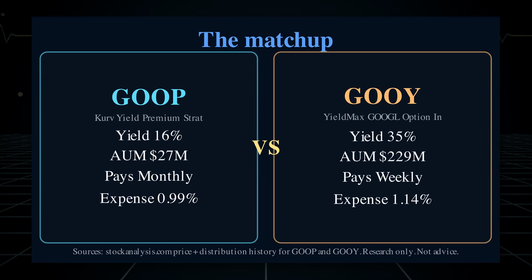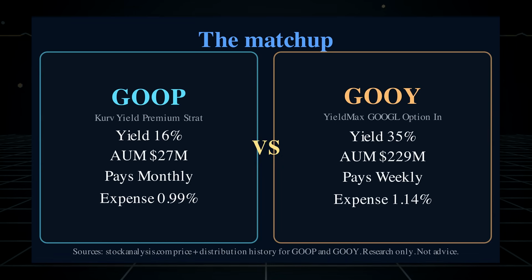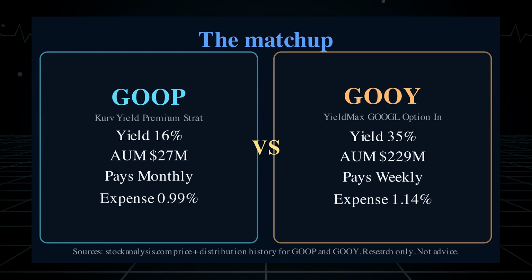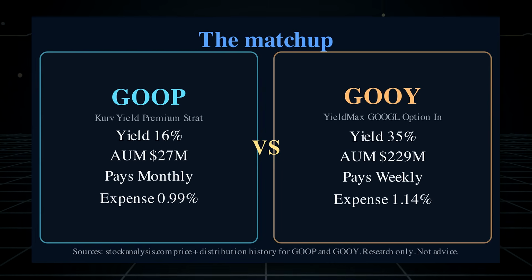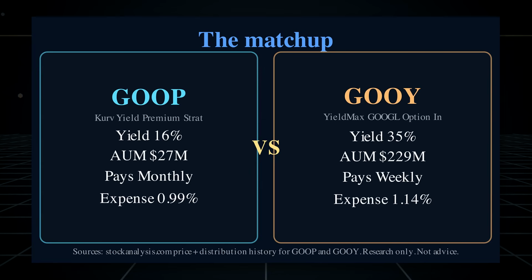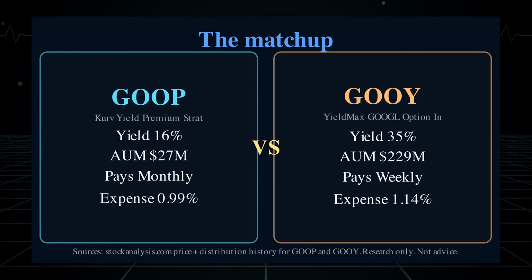GOOY makes the same central trade as GOOP. Current option income in exchange for surrendering some potential upside. A strong Google rally can run beyond the ceiling created by the written calls. A sharp Google decline can be larger than the premium collected. And because the exposure is synthetic, a viewer should not mistake a Treasury-heavy holdings page for a sleepy government bond fund. The government paper is backstage collateral. Google is still the star whose movement drives the drama.